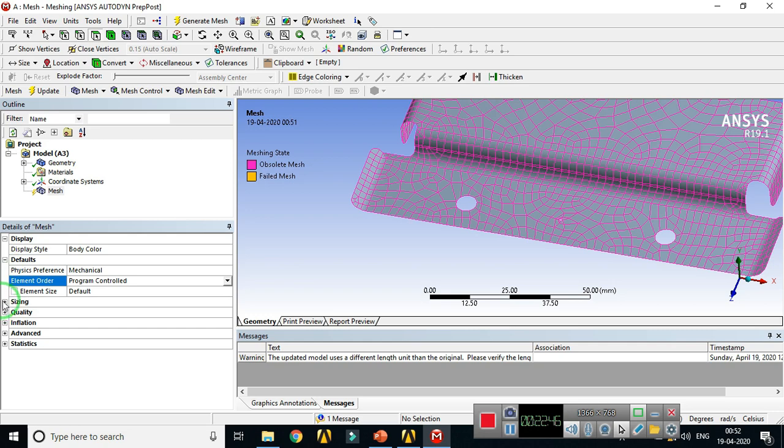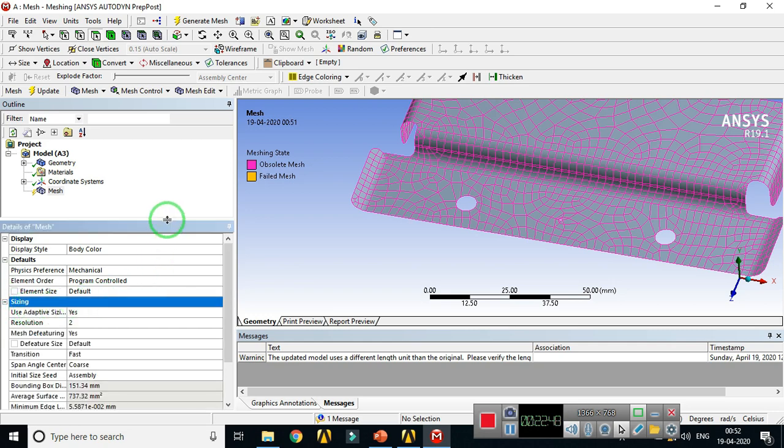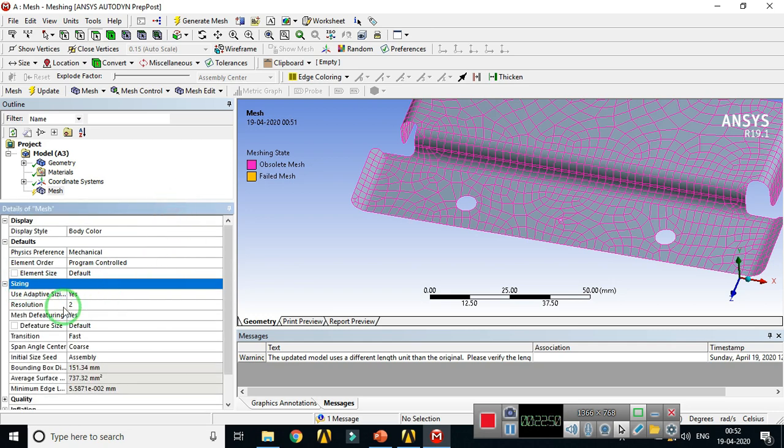Then next is sizing. So when you expand the sizing group, here the first is use adaptive setting. This setting will control the growth and distribution of mesh in important regions of high curvature or close proximity of surfaces. So this is a very important setting.